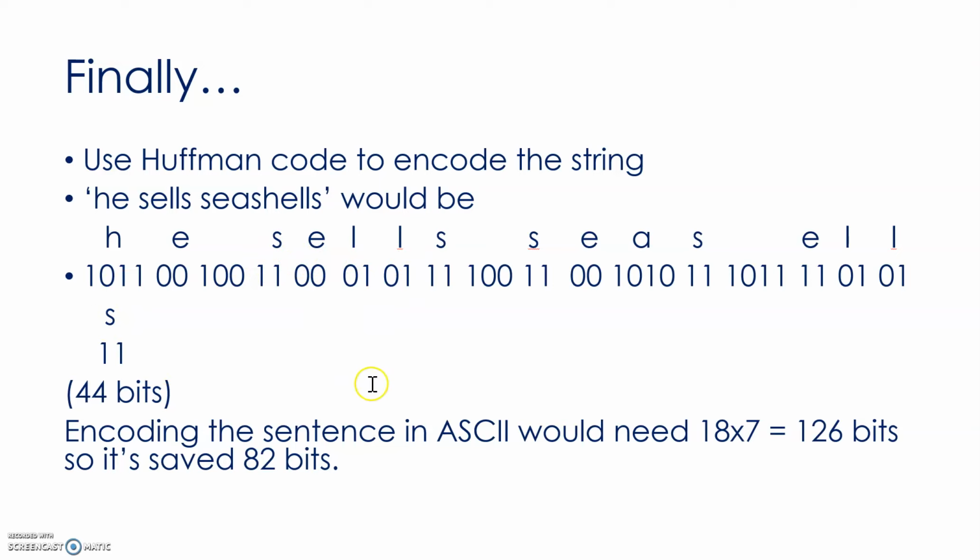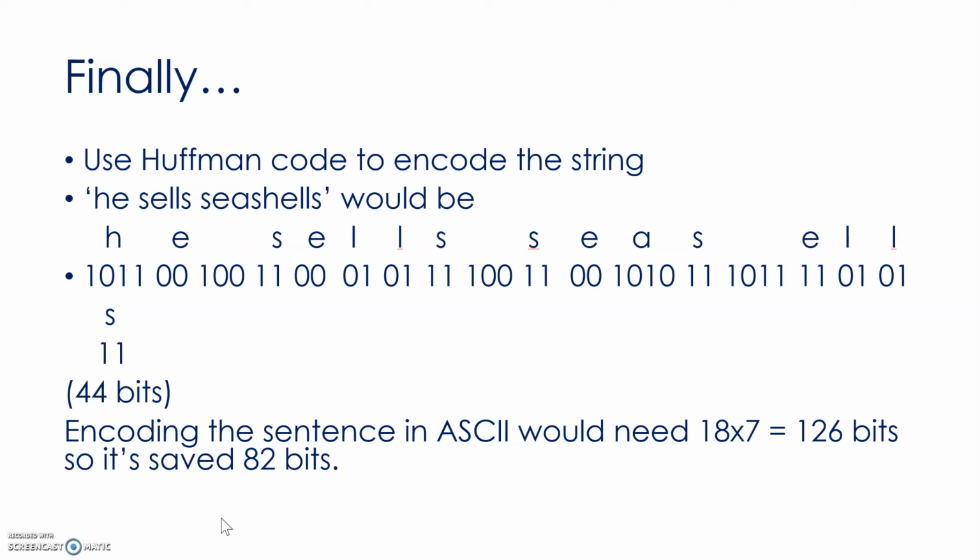If I add up these ones and zeros, I end up with 44 bits. Encoding the sentence in ASCII would need 7 bits per character. If I say I've got 18 characters there, including spaces, I need 18 times 7, which is 126 bits. So take 44 away from that, and I've saved 82 bits there. That's working out the calculation for the amount of bits that I've saved,